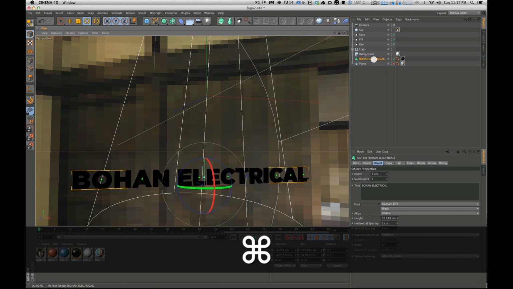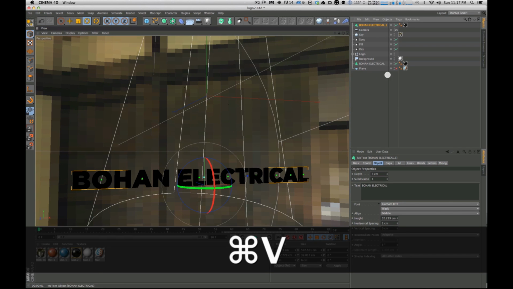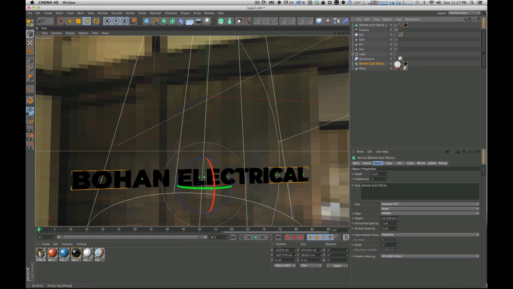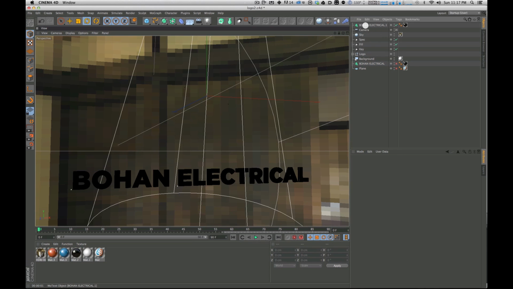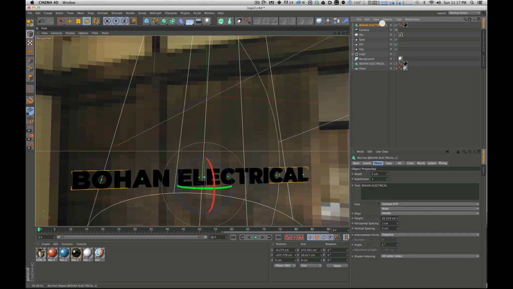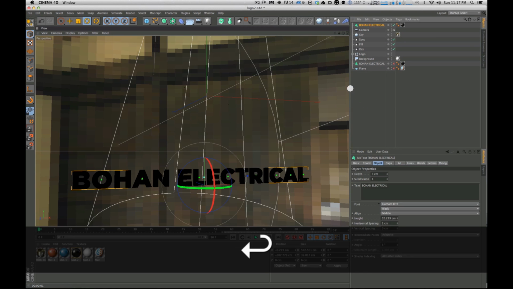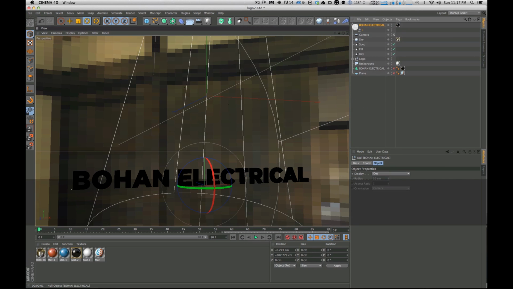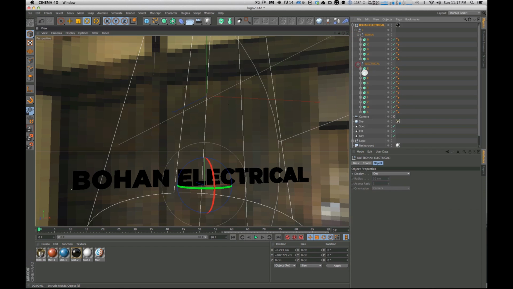and I'm going to copy and paste it so we have a new one at the top. This one at the bottom is just kind of for reference now, and we're going to turn it off. The one at the top, I'm going to take the number 1 off the end there. If you hit C, that kind of mixes this down into geometry. Well, it will if you do it again, I guess, but this will mix it down into individual letters,